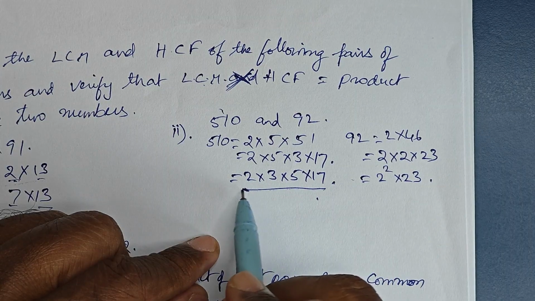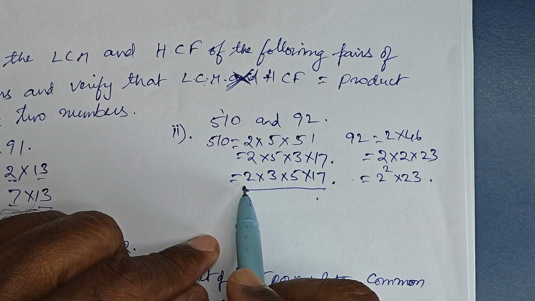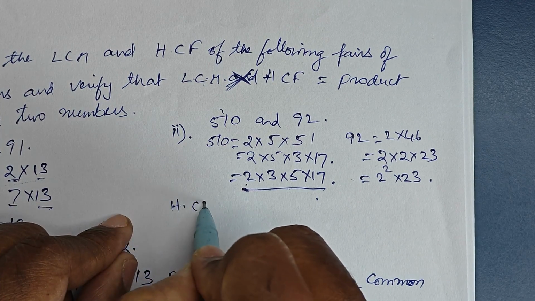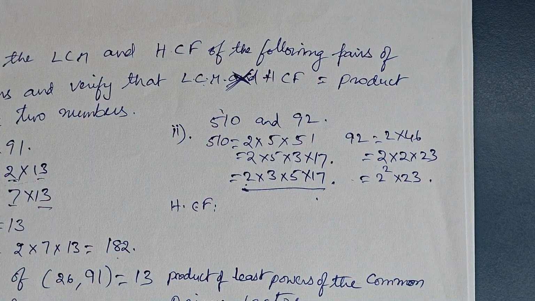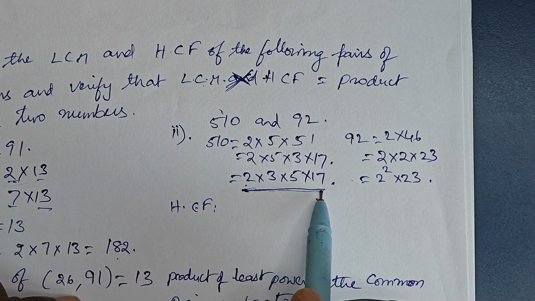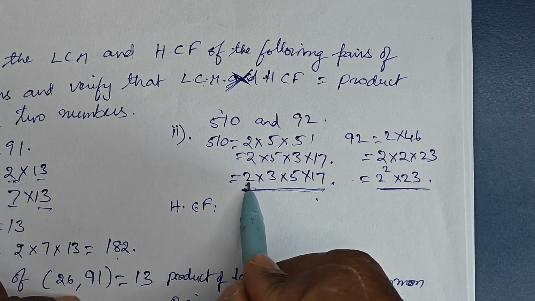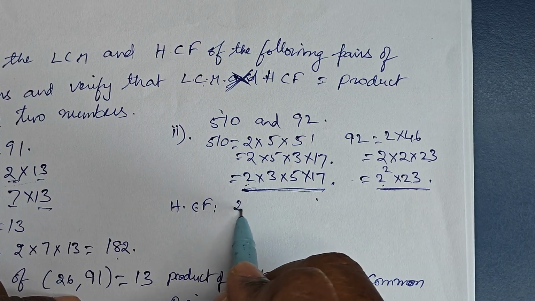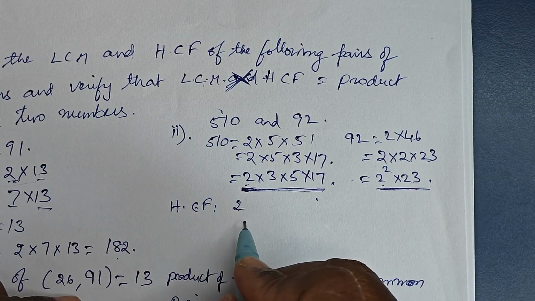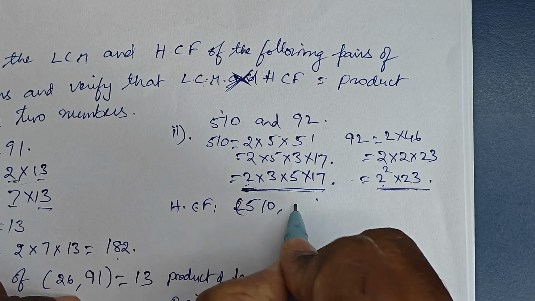Now the common prime factor in both of these is only 2, and if you remember, what is the highest common factor? The definition, don't forget: the product of the least powers of the common prime factors. Here, first of all, what are the common prime factors in both of these? 2. And what is the least power? 2 square or 2? Only 2, not 2 square. So the HCF of 510 and 92 is equal to